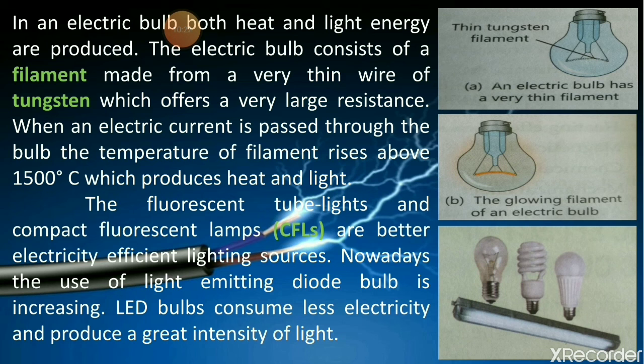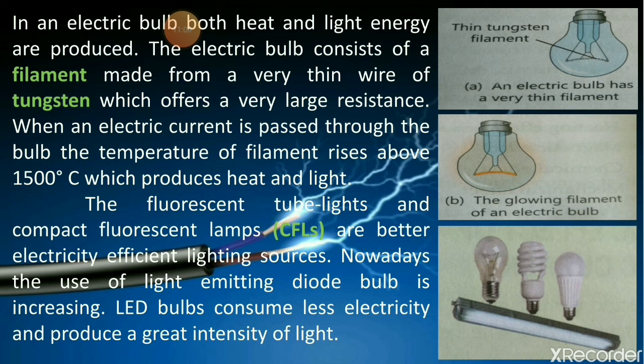Okay, so the bulb is used for light, but it also produces some heating effect, which is actually a waste of electrical energy, because it is made just for the purpose of producing light energy. You have studied in the sixth class how electric current passes through the tungsten filament and how it gets heated. So basically the electric current passes through the tungsten wire to produce light energy, but some of the electrical energy gets wasted in the form of heat energy. Okay, so it produces both heat and light energy.